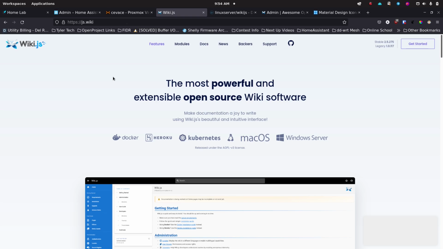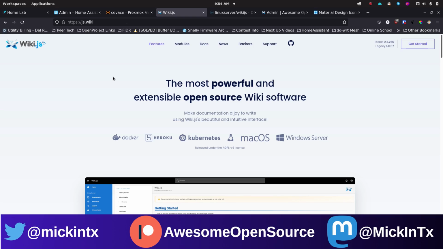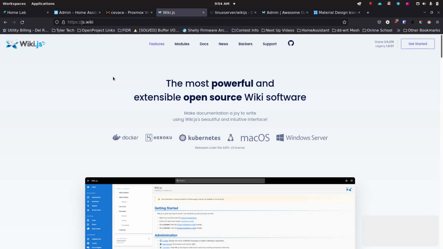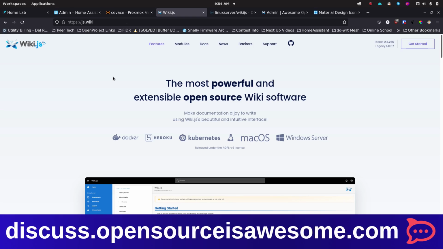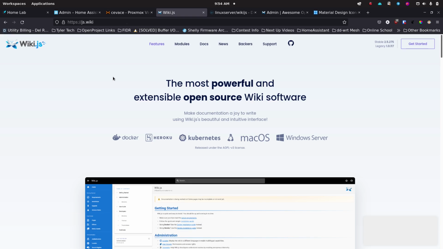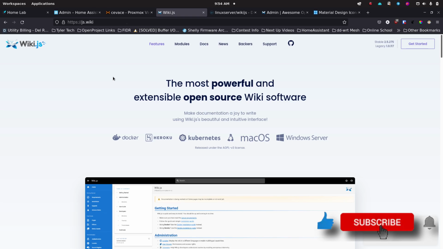But then a few people sent me a message saying, hey, would you do something on Wiki-JS? It hasn't just taken me this long to get to Wiki-JS. I didn't do it back then because I did look at it, and I just didn't feel like it had the features and the comparable capabilities that I was looking for at the time. So I thought, let me let this mature and see how it goes. And let me just tell you now, it has matured and it has some really great features and some really cool stuff. So when you first look at their homepage right here, you can already see that